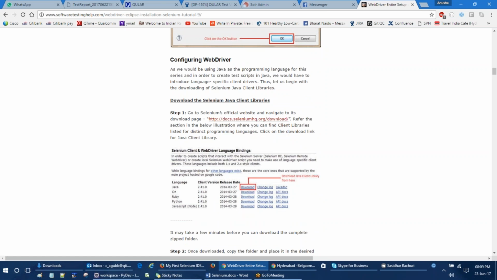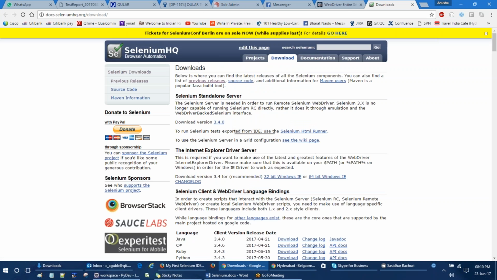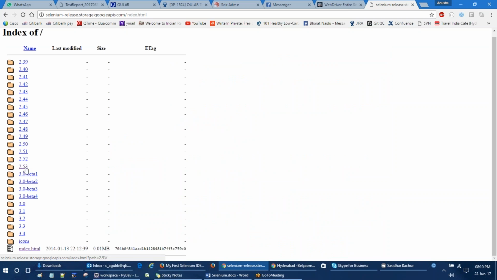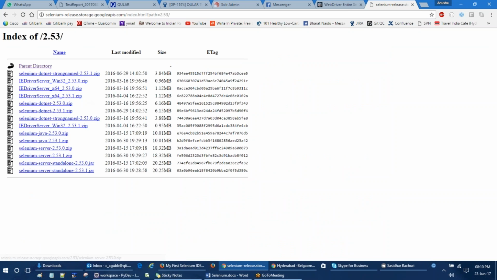After being able to run Eclipse, we have to go here, seleniumhq.org/downloads, and get this Java download. But this is for 3.4, and we will work with Selenium 2, not Selenium 3. So in Selenium 2 we'll take the maximum, 2.53. And then we'll download selenium java